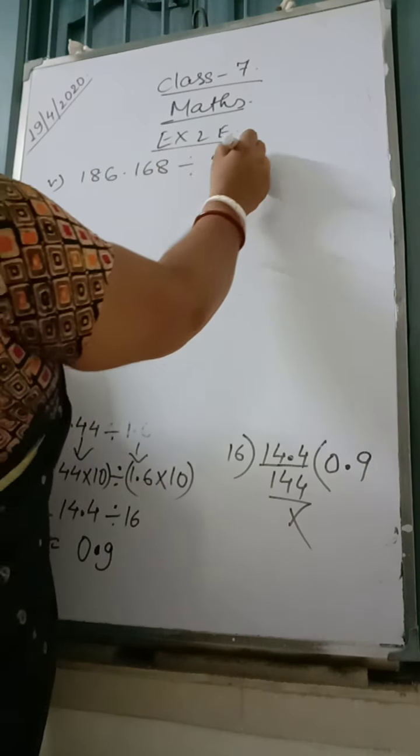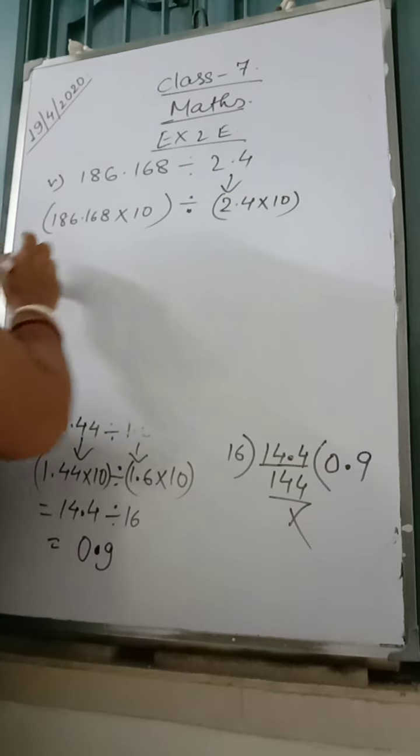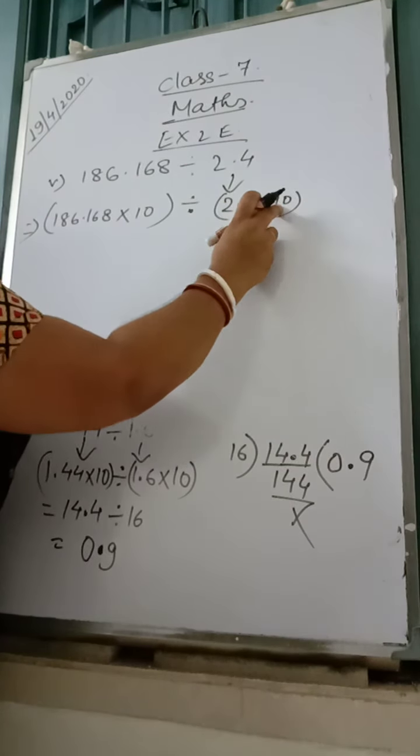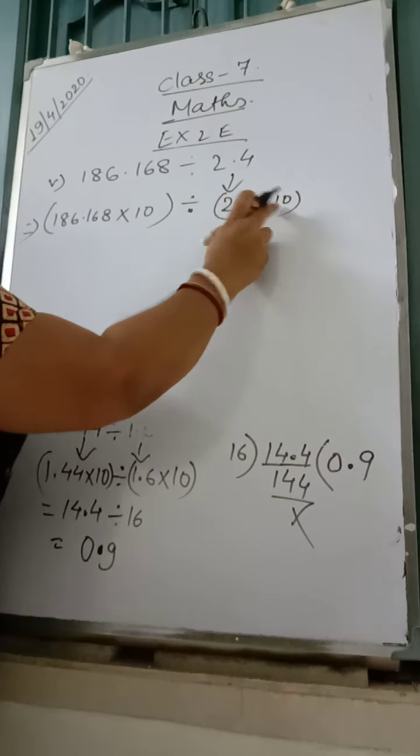So it should be multiplied, 2.4 into 10, in the divisor. 186.168 also will be multiplied with 10. Always keep it in mind, what I am multiplying with the divisor, the same thing has to be multiplied with the dividend. It's not that here we remove the decimal with 10 and there with 1000. If this is multiplied with 10, this also will be multiplied with 10 only. So this gives you